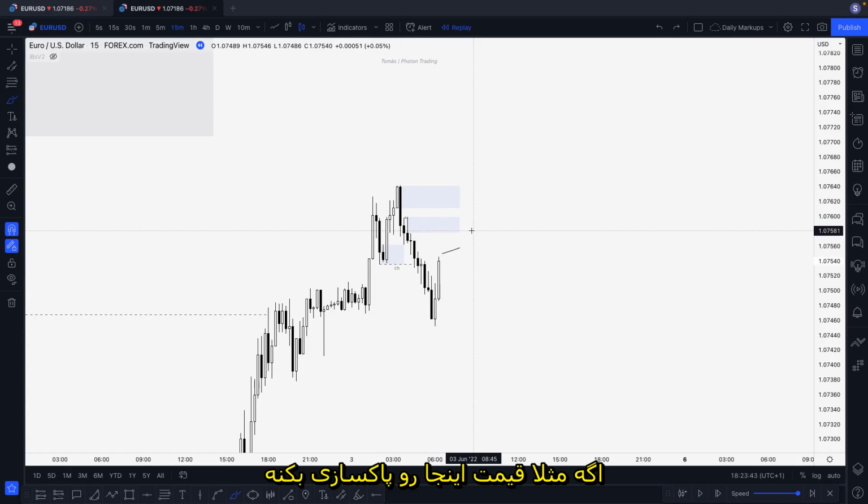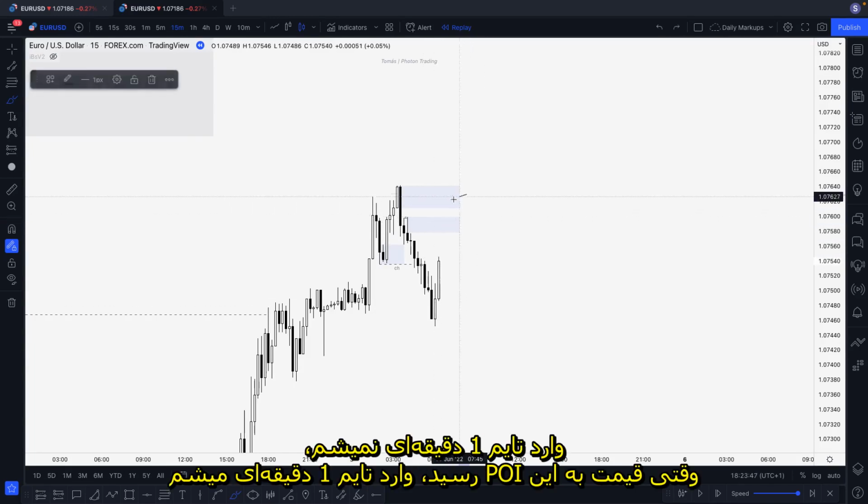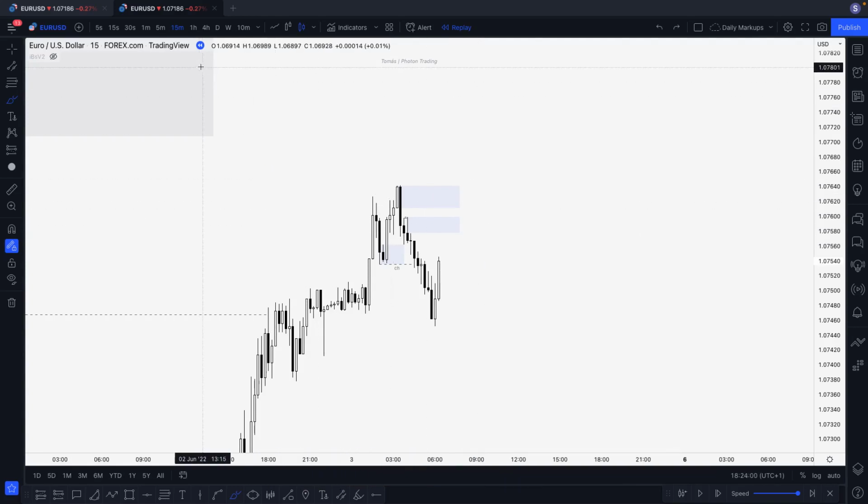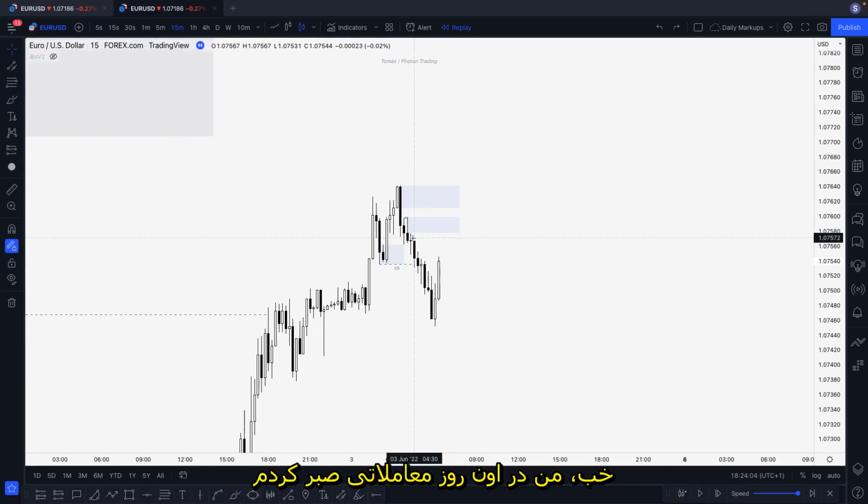If price, for example, sweeps here, I'm not going to M1, I just look to M1 again in this POI. What I'm trying to say is just look for your M1 or entry model when price actually reaches a good area of value and not just everywhere, okay? That's very important. And yeah, so as I was waiting during session,